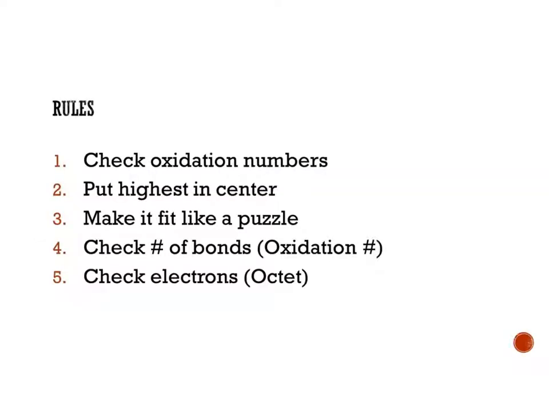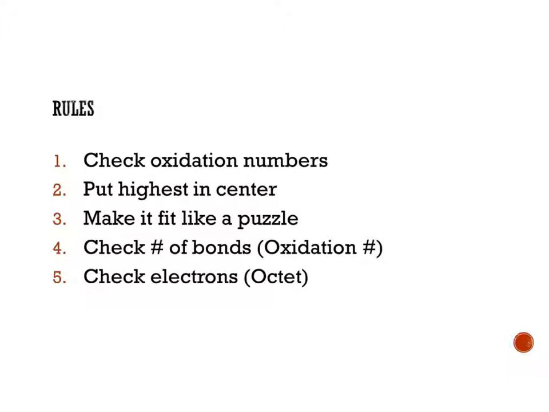And so the 5 rules for doing electron dot formulas. The first thing you're going to do is check your oxidation numbers, okay? I know it's been a while since we've talked about oxidation numbers, but oxidation numbers are just the green sticky notes on the top of the periodic table, okay? And so when we ask for oxidation numbers, just look at the top of that group and it'll give you the oxidation number. Part 2 says whichever one has the highest oxidation number, we put that element in the center,